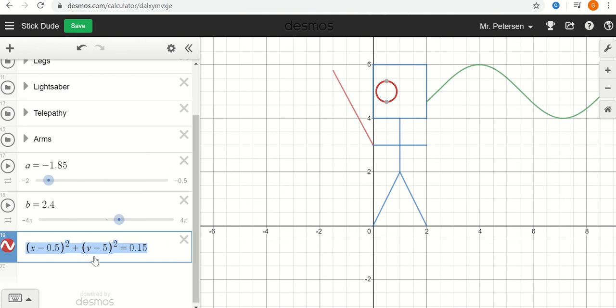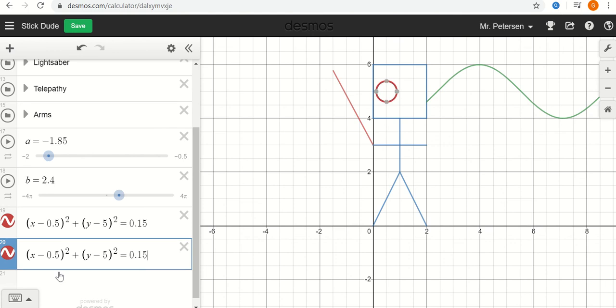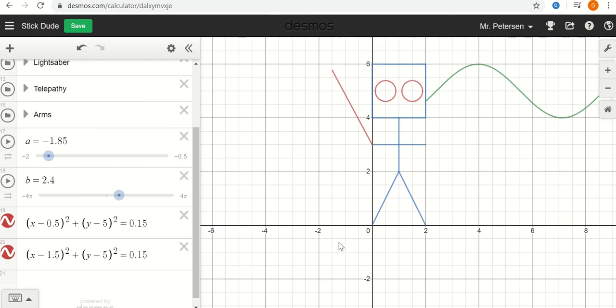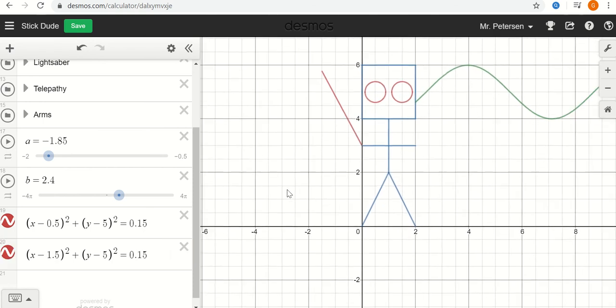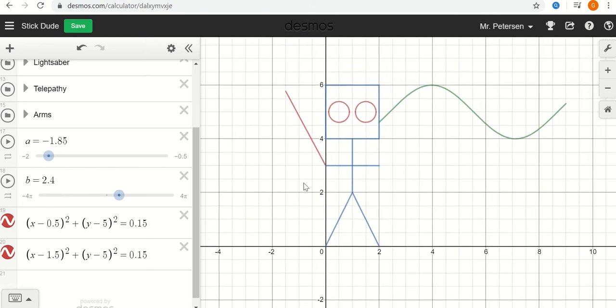So I can just copy this particular circle that I've made because it's a decent one. I don't have to do all that work from scratch. So here's my other circle eye, and I can now just move this circle eye to the right by a certain amount. So maybe I want to move this 1 unit to the right from where it is now, so 1.5 instead of 0.5. That looks okay. So here I've got 2 eyes for my stick dude, and that is how you can introduce circles,